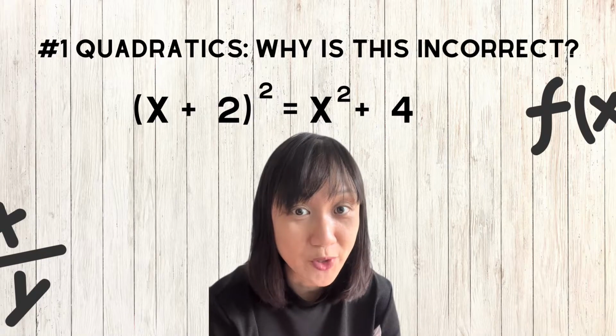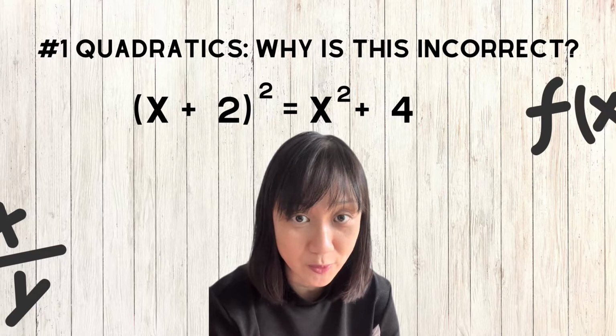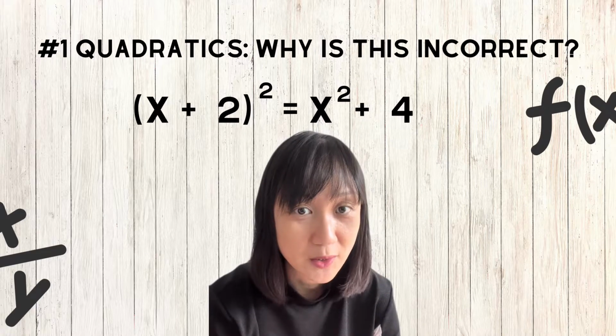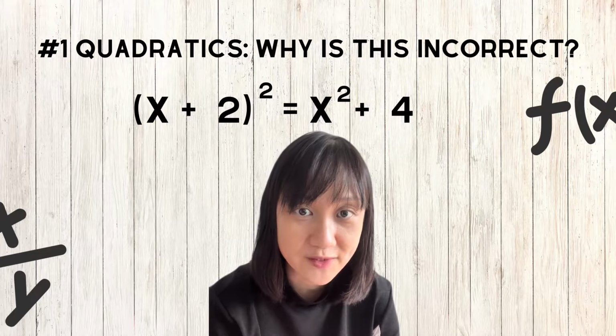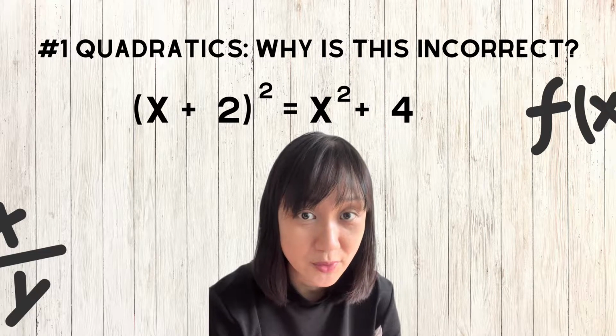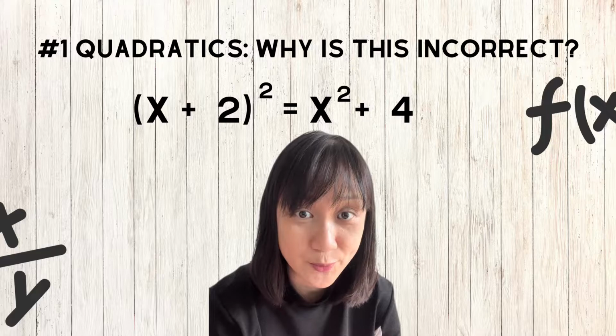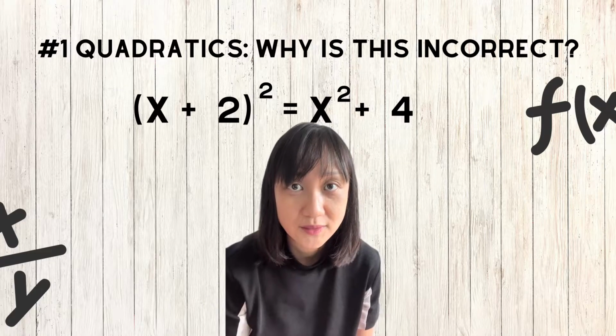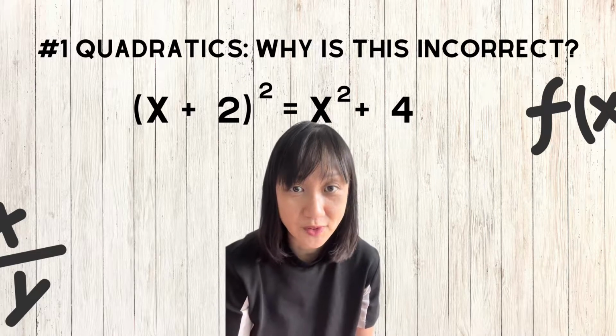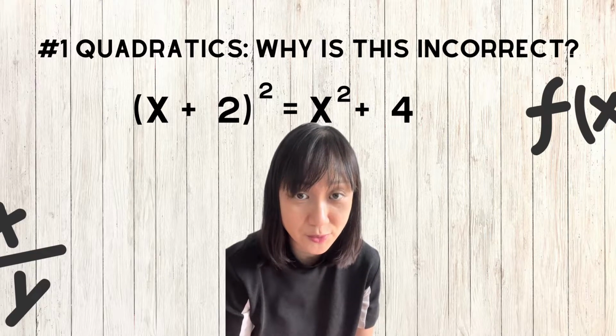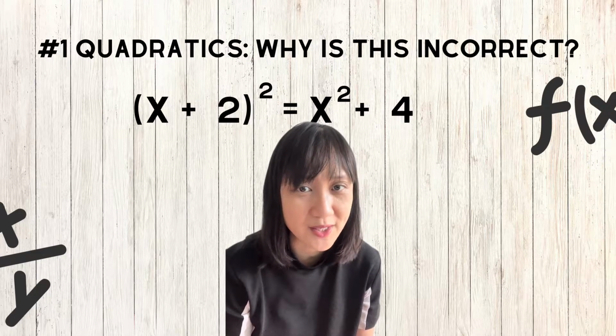Algebra involves alphabets, and numbers and alphabets are two separate systems entirely, so my students find it difficult to wrap their heads around it. The first common mistake I'm going to show you is quadratics. What is quadratics? Quadratics is simply an expression with variables such that the highest degree is actually 2, and they're commonly seen everywhere. In this example, students often take (x plus 2) squared equals x squared plus